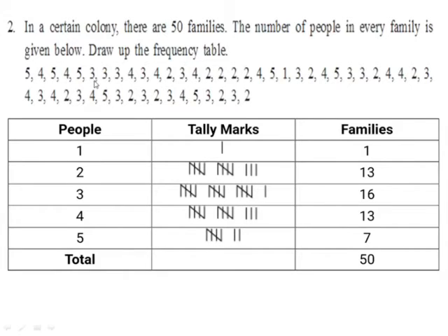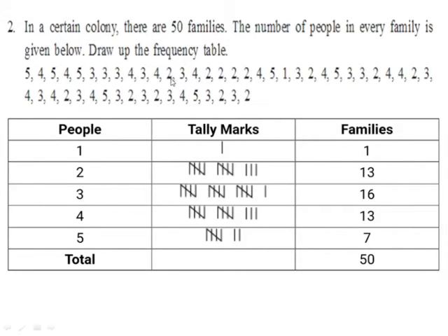Then the next score is 3, so make one tally mark for 3. As you make the tally marks, you have to strike off the given numbers. Now here 3 appears 2 more times, so we will make 2 more tally marks for 3. Then again 4 appears, so make one more tally mark for 4.